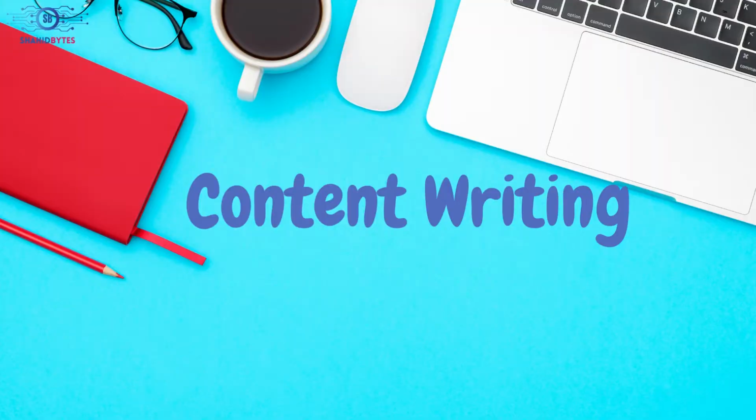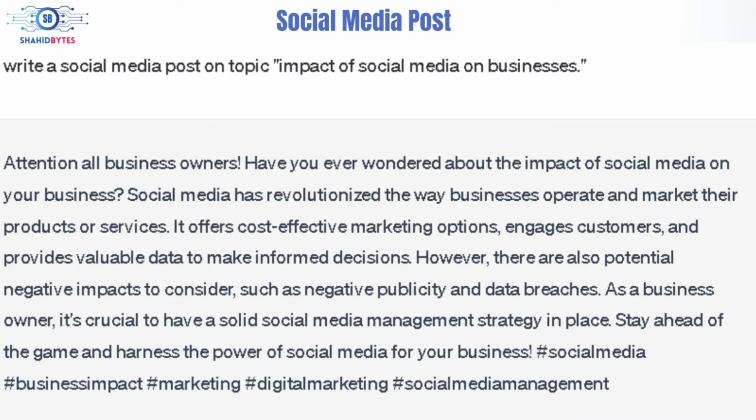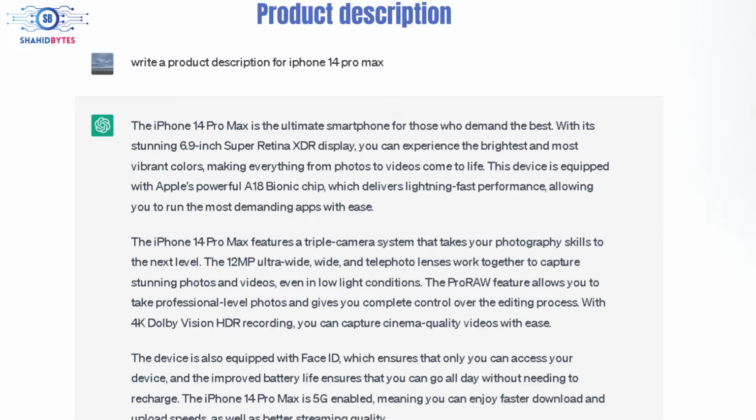ChatGPT can be used to generate high-quality content for websites, blogs, or social media platforms in a few seconds. This includes creating content like product descriptions, blog posts, social media posts, drafts for a business idea, long-form content like entire articles,